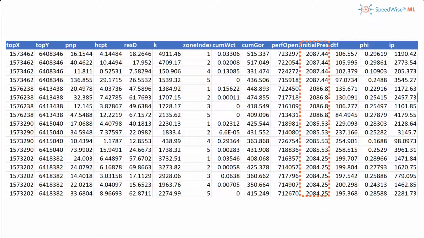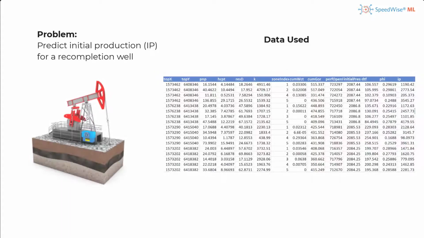Initial pressure value for the interval. DTF measures the distance to fault from each opportunity. Phi is the porosity of the interval. At last, we have our target column we would like to predict, which is the initial production value for the recompletion opportunity. Now that we have framed the problem and have examined the data, I will cover the 5 steps